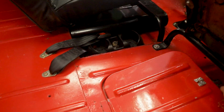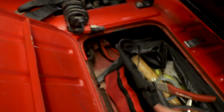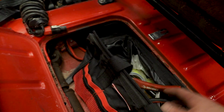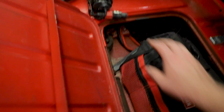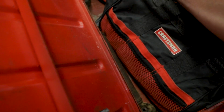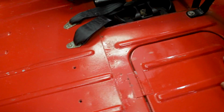So under the passenger seat, there's a toolbox. This is the winch remote. I keep a toolbox full of the baling wire from the last videos in here. Big hammer, a bunch of other things that are in here. Ratchet straps, I keep a spare rear drive shaft, jumper cables. There's a bunch of distributor parts down here. I think that's all that's in here. There's some more distributor parts. In that little bag of tools,